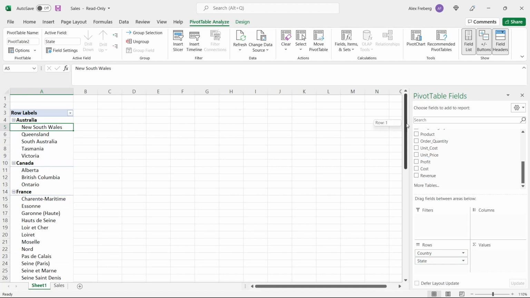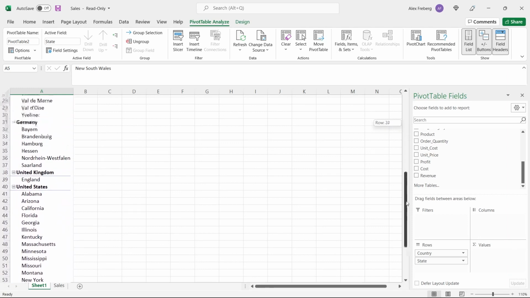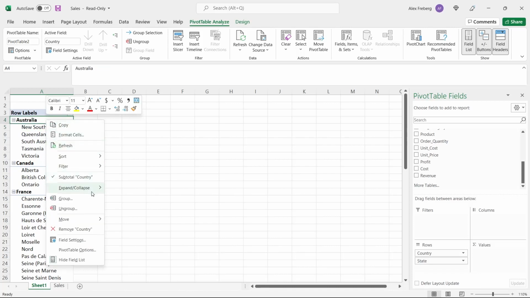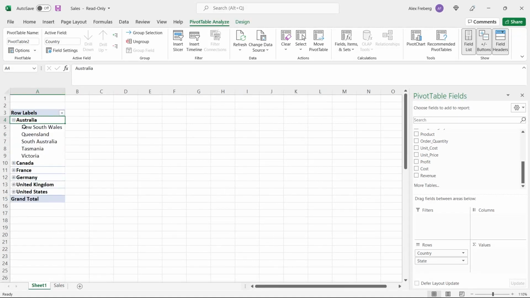Now, when you do that, it populates it in an expanded way, but you can collapse this very easily. We're going to go right here. We're going to right click. We're going to go down to expand and collapse, and we're going to collapse the entire field. And so now here are all of our countries as they were before, but now each of them has this plus sign to the left. And if you click on it, now we can see this state that we added to these